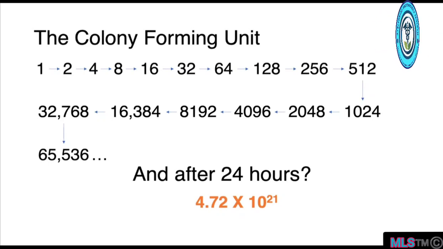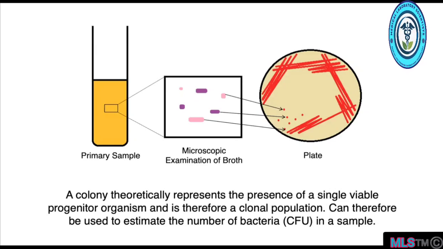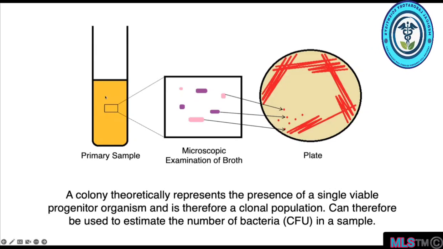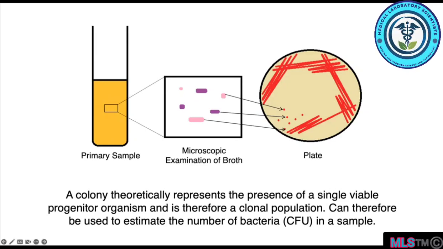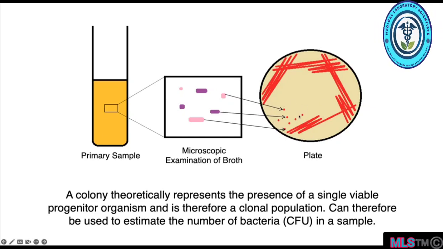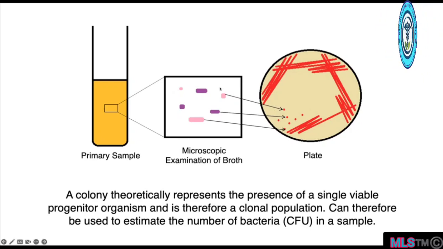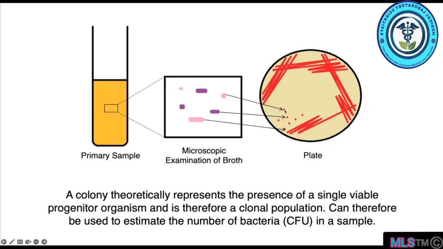to the naked eye. So if we look at this theoretical example here, we have a primary sample which contains a population of bacteria, and then we've plated this sample out on some agar, and you can see some bacterial colonies throughout our 4 streaks. An individual colony theoretically represents the presence of a single viable progenitor organism. So this gram-negative bacteria here, one individual organism, after it was plated, after that plate was incubated, developed into this